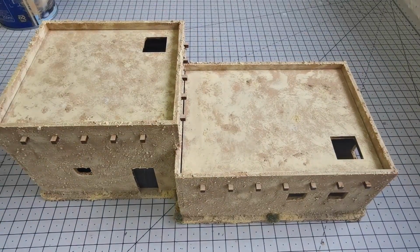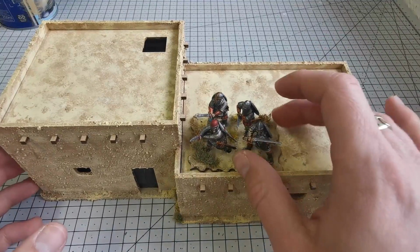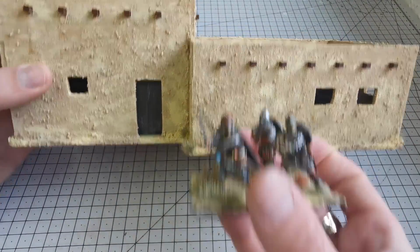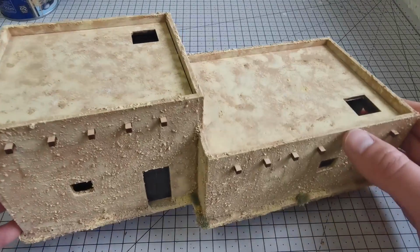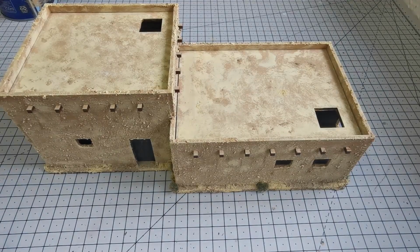I'm going to pick up a few more buildings, but it quite happily holds a unit. You can get a unit across the two buildings up high and then have some in it, and I thought scale wise it was spot on. Now Blotz make a number of these buildings, and they also do them in 15mm, and they do them in 6mm as well, and 10mm I believe. So I'm going to pick up a few more of these just to use as generic buildings to fight over. So yeah, anyway,